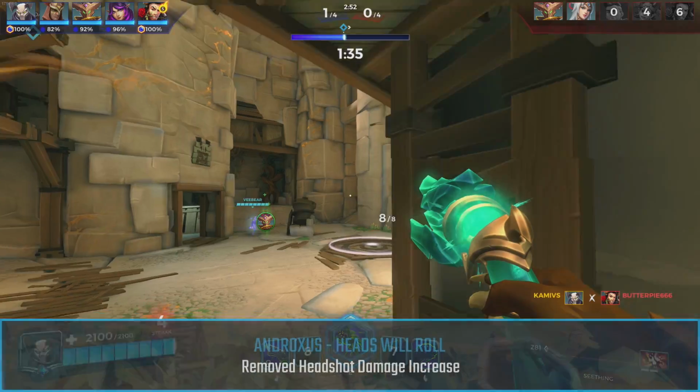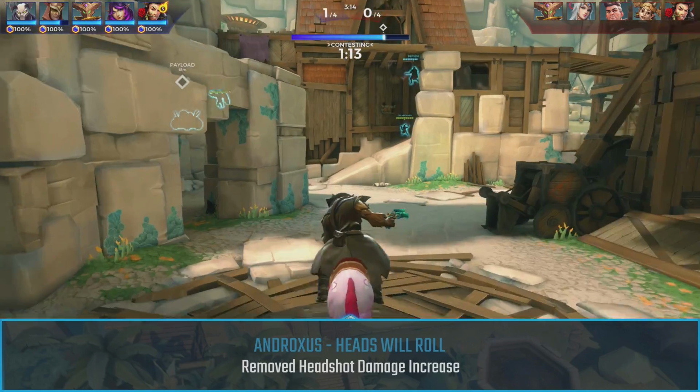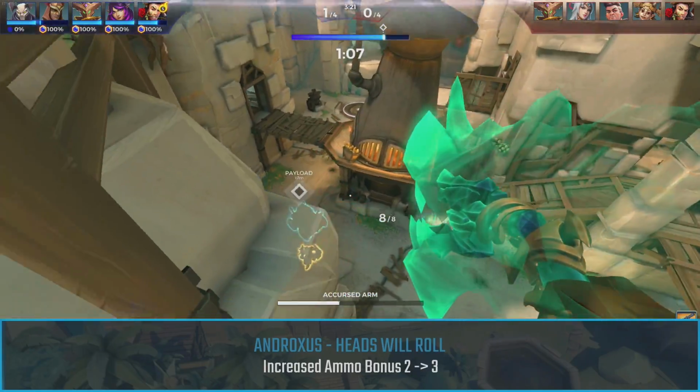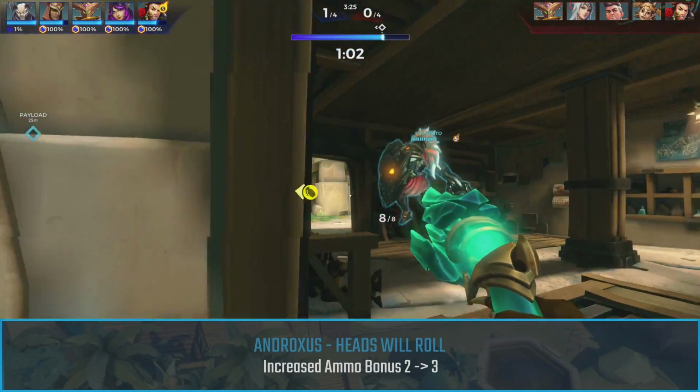First up is Androxus. They've removed the headshot damage increase, and this will allow you to not be two-shotted if you're squishy. That seems like a pretty good step on reducing burst meta. Now they're not only doing that, but they're kind of counteracting it by giving you an additional ammo bonus for picking up the talent. So now all that Heads Will Roll will do is give you a 3 bonus ammo,